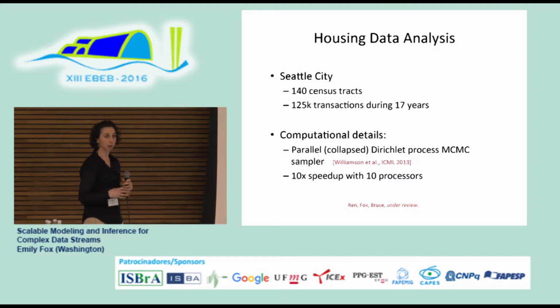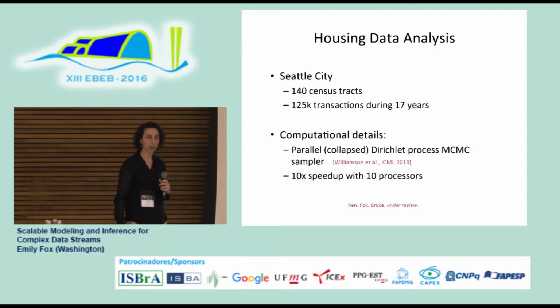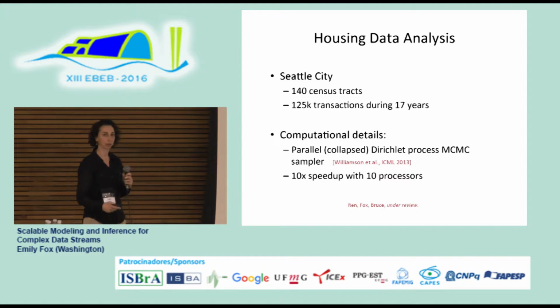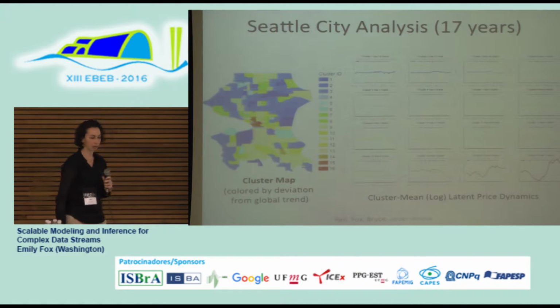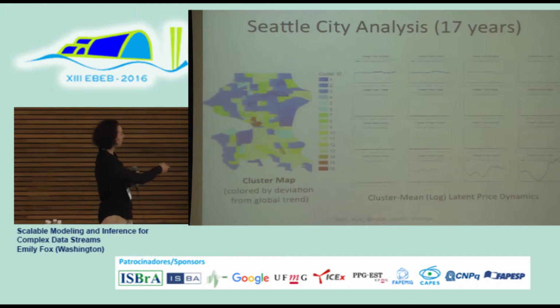Okay, so that's the model. Now let's turn to our analysis of this Seattle metropolitan housing data set, where there are 140 census tracts, and we have over 125,000 transactions during this 17-year period. I'm going to skip over some of the computational details and just emphasize the results here, where